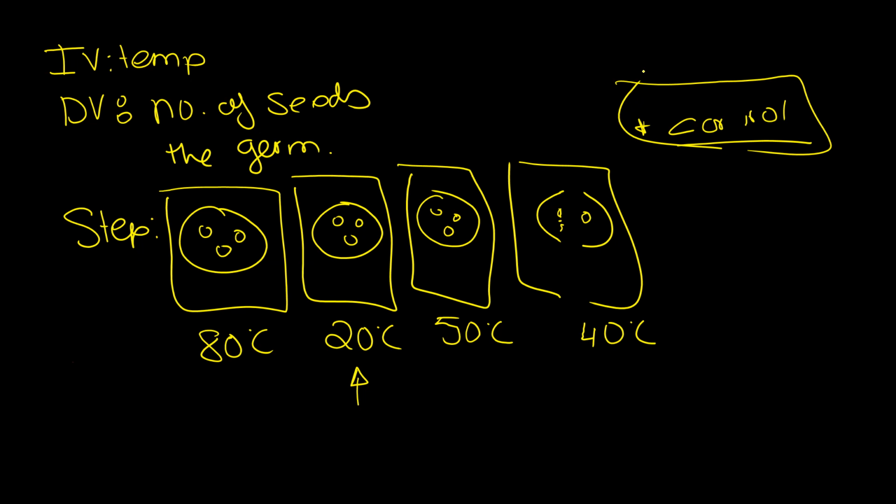Okay, I'm going to leave those Petri dishes in the oven for a week, at least a week. You all tell me I will leave it for 5 minutes. It will not germinate. None of them will germinate in 5 minutes, even if they are put in the optimum temperature. After the week, I'm going to get out the Petri dishes and I will count the number of seeds